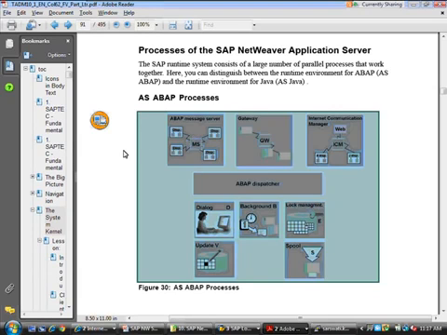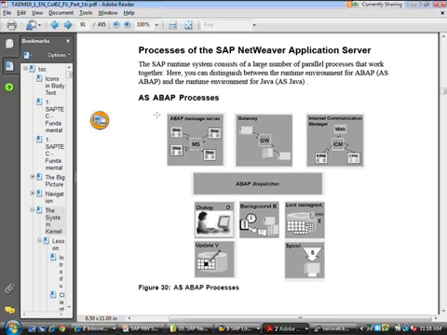Right? So a message server lets multiple SAP instances which make up the same system talk to each other. So a message server can let multiple dispatchers, DISP, talk to each other. It's the conduit through which different dispatchers talk to each other.